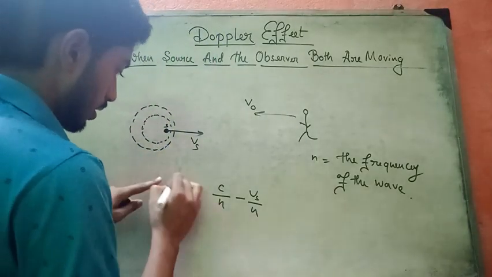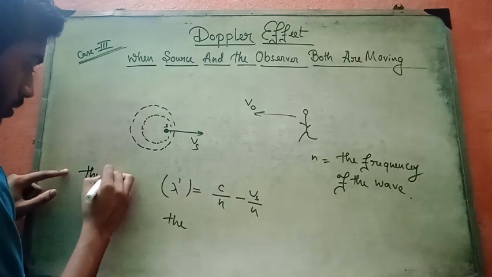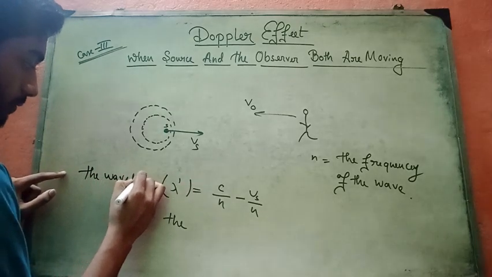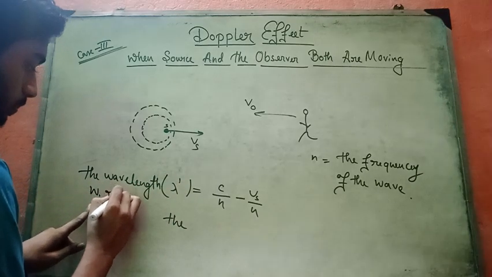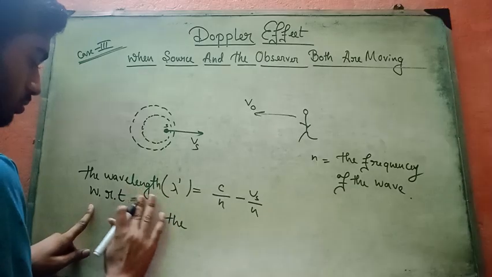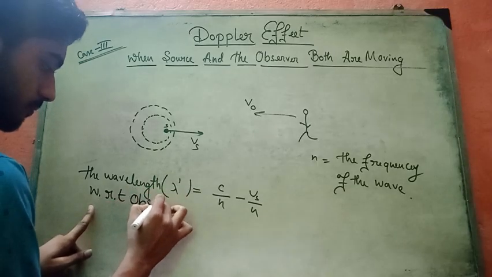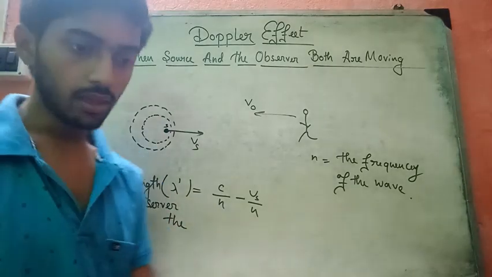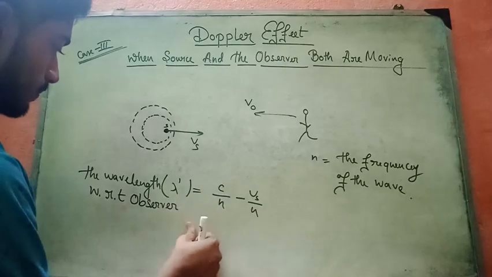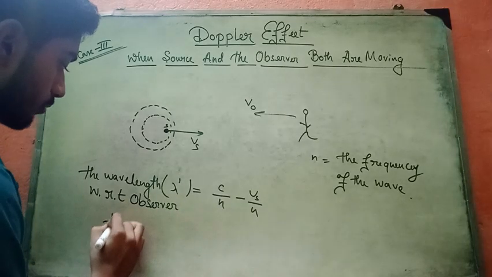This lambda dash is the wavelength with respect to the observer, and the frequency